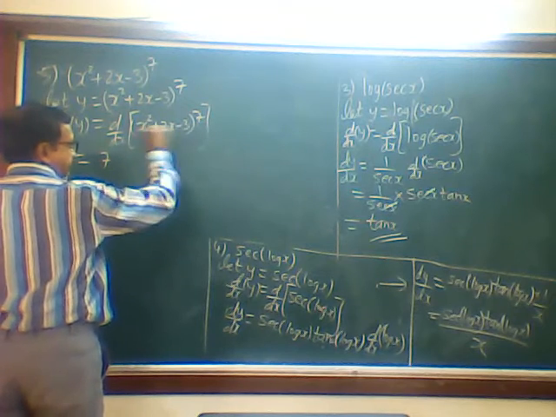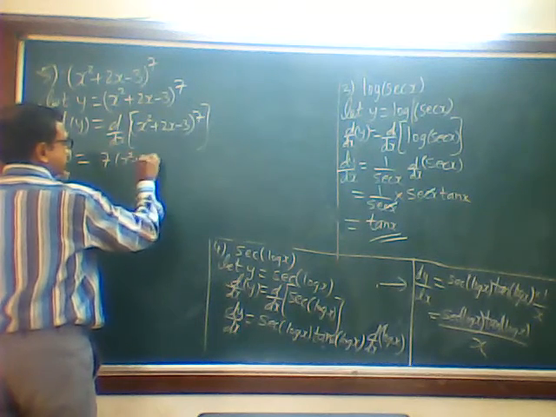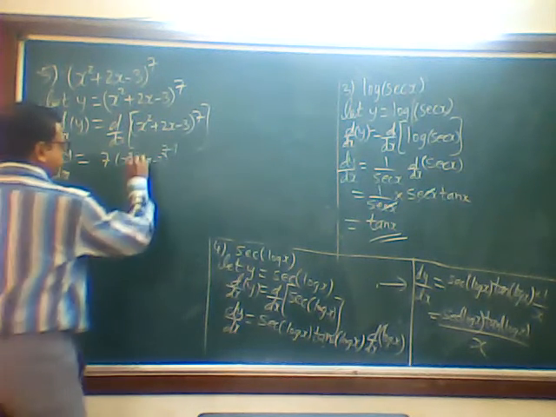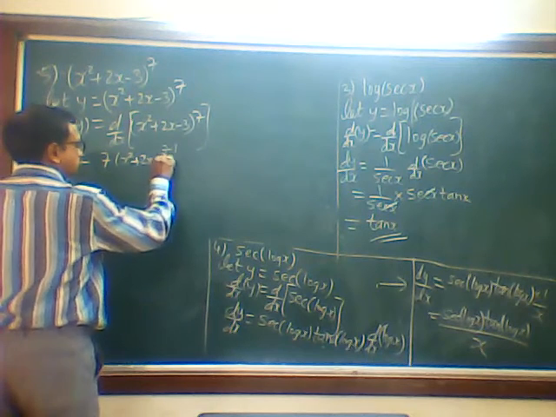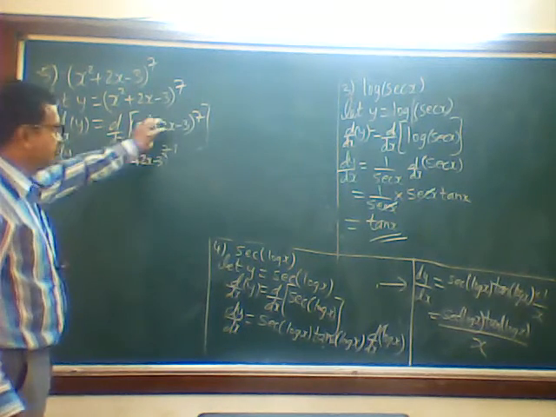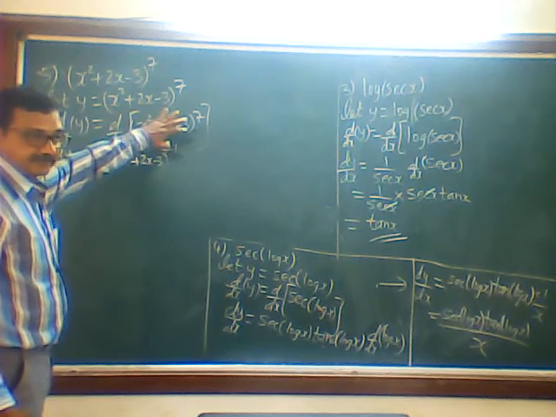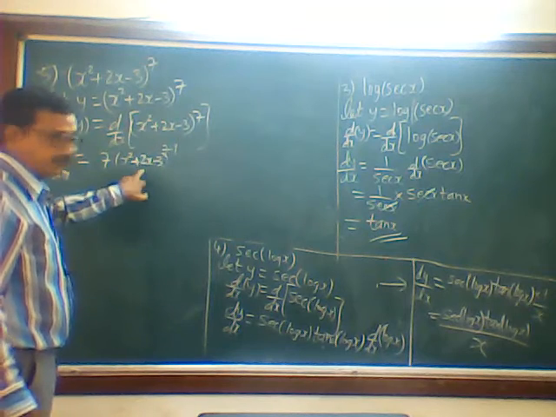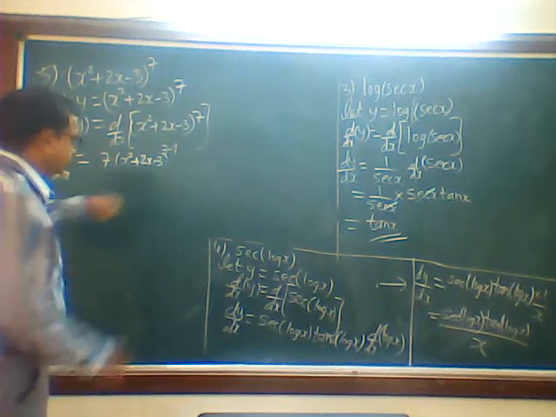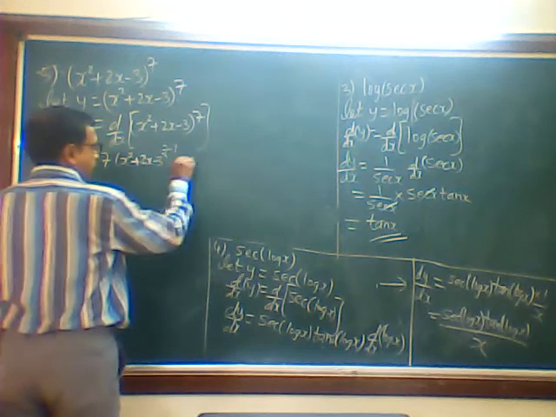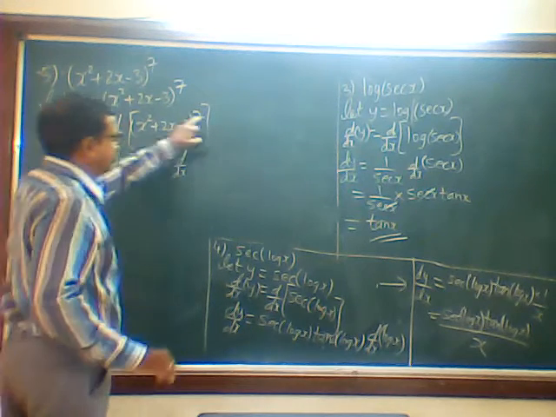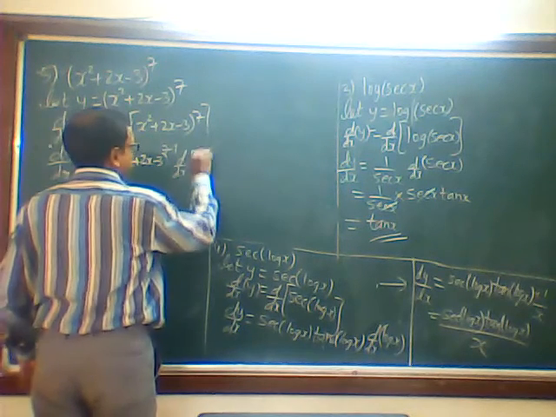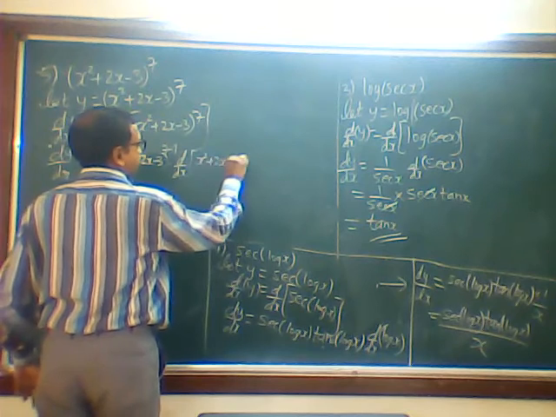What is my x here? This whole bracket, raised to 7 minus 1. Okay. What I said, assume this whole bracket as x. X raised to 7 is what? 7 times x raised to 7 minus 1. Instead of writing here x, what is given, that you have to write. 7 minus 1 into d by dx. Now I have done the differentiation of power. Now I will enter inside. D by dx of x square plus 2x minus 3.